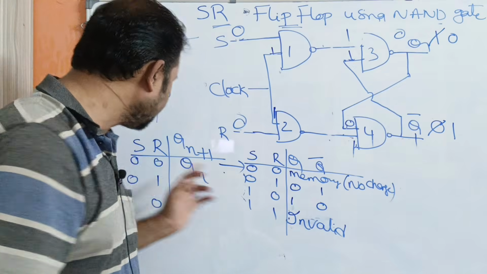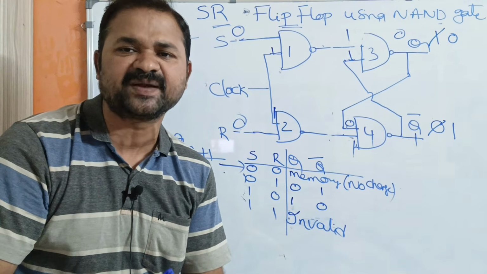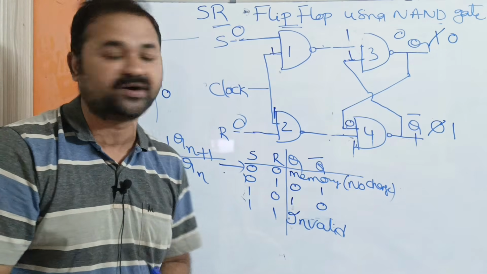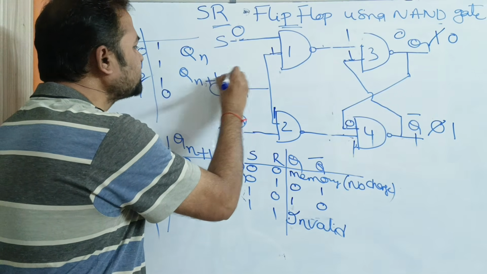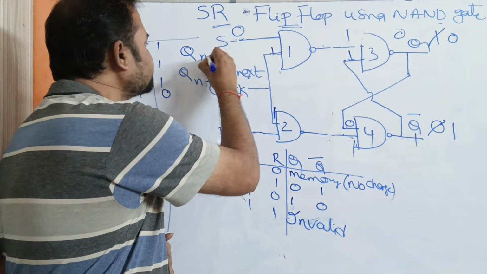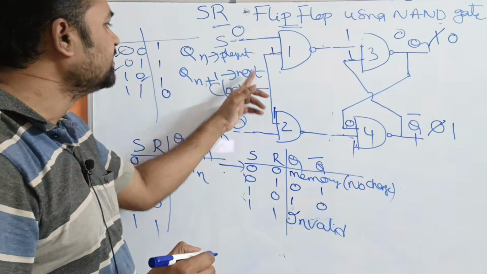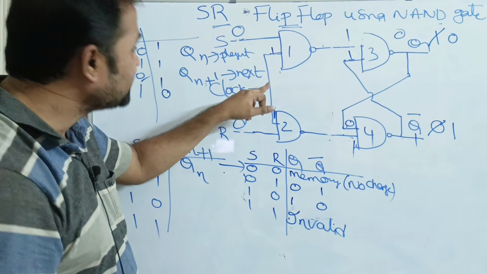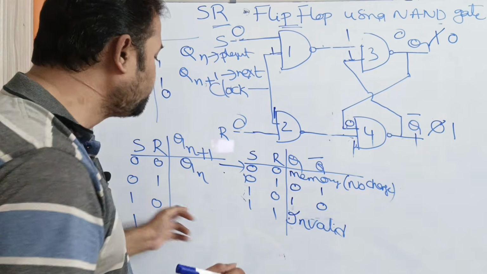So here if the inputs are 0 0, then the previous information and the present information are both the same. That's why we can say that the output is Qn. Qn plus 1 means next state output, whereas Qn means present state output. So this is the present output and this is the next output. If the inputs are 0 0, then the next output and the present output are both the same. Next, if the inputs are 0 1,